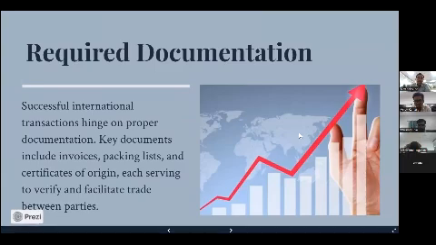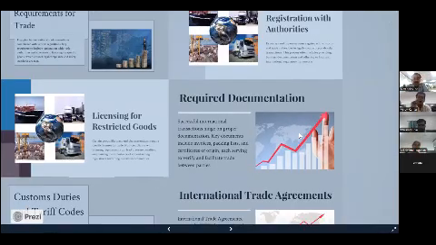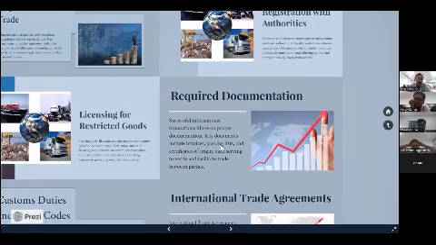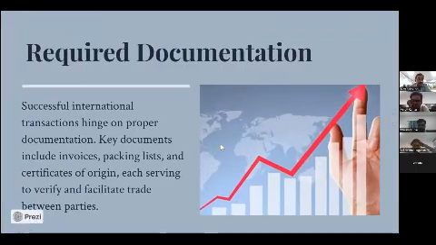Next, the requirement of documentation. What documents are required? Successful international transactions hinge on proper documentation. Key documents include invoices, packing list, and certificates of origin, each serving to verify and facilitate trade between parties, and other documents like, suppose the exporter is